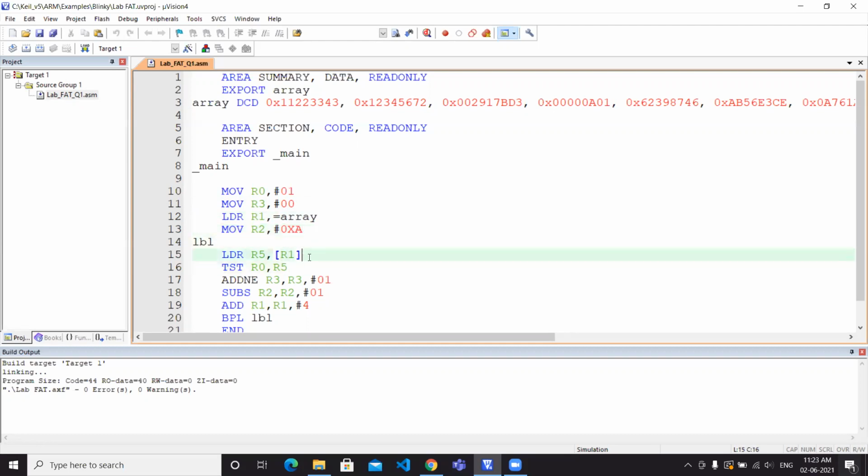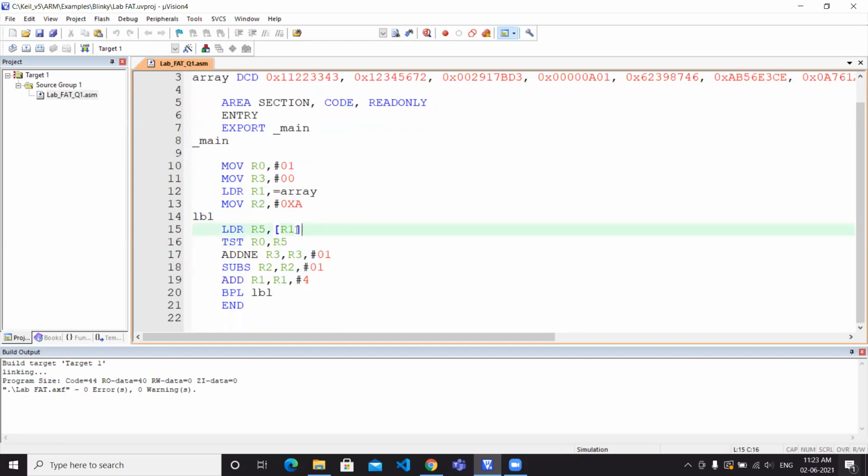At the 14th line, the loop begins, and now R5 is loaded from the data pointer, which is pointing to the first element of the array. So the first element of the array will be stored in R5. Now, what the TST command does is it performs a bitwise AND operation between R0 and R5.